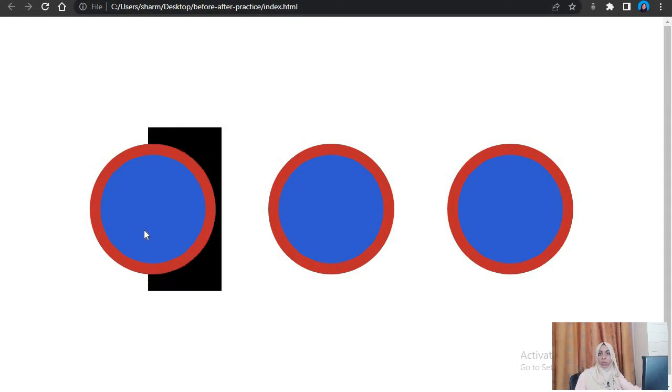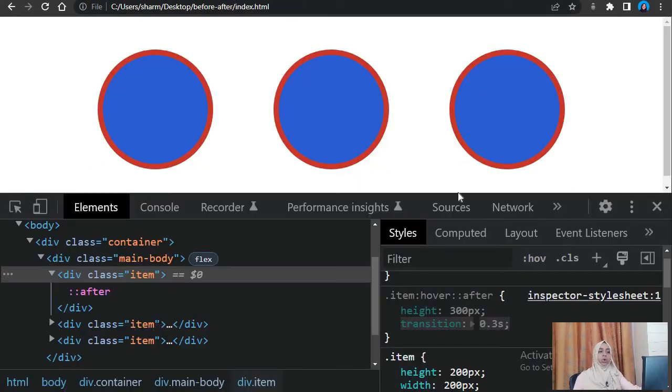It's going back smoothly again. So I want you guys to think about what you will do to make it go back smooth. Just pause the video, go try it out. I'll give you a hint: you have to play with the transition of 0.3 seconds and you will be good to go. So pause the video, go try it out and then come back and see the solution.